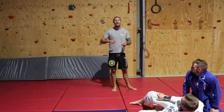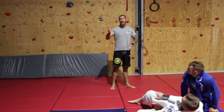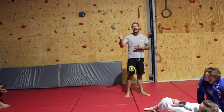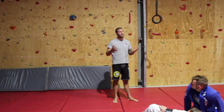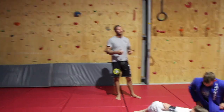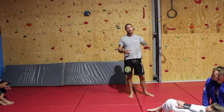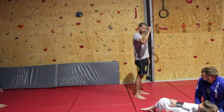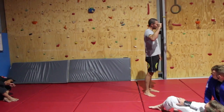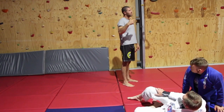I wanted to do the move to him, but I knew he hadn't seen this one, and I did this one to him, and he tapped. But by the time he tapped, it had jacked up his arm a little bit. So do be careful, because he's a big, strong, robust guy. Just be careful, because this can get the best of you, and he should have known what was going on. So this is just an Americana with the legs, or a reverse omoplata with